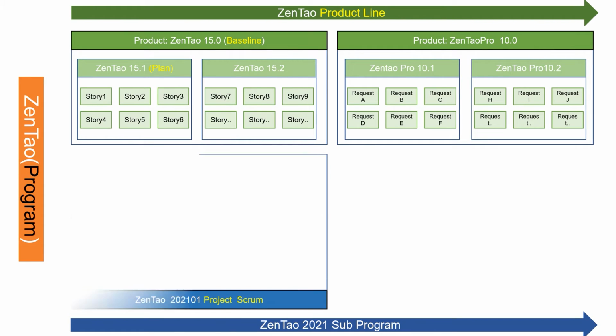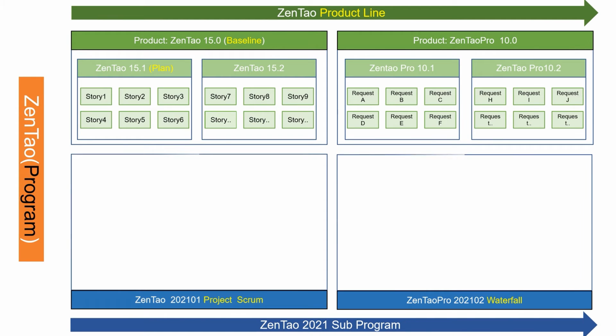After creating the subprogram, I created 2 projects. For Zentao open source, I have a project called Zentao open source 2021 project 1. I'll follow the agile methodology to develop it and complete it in several iterations, which is the concept of sprint